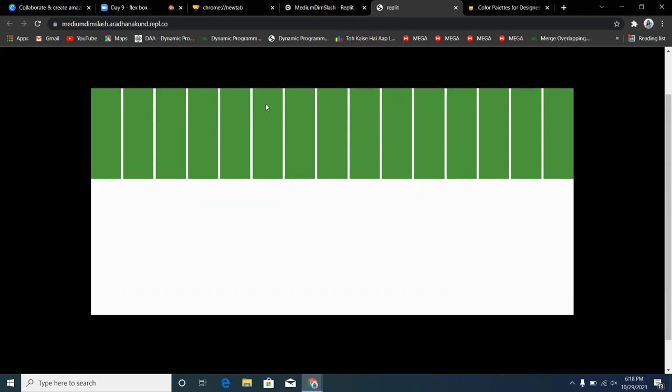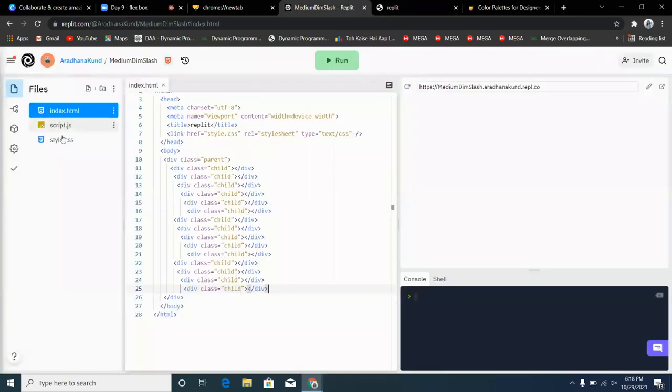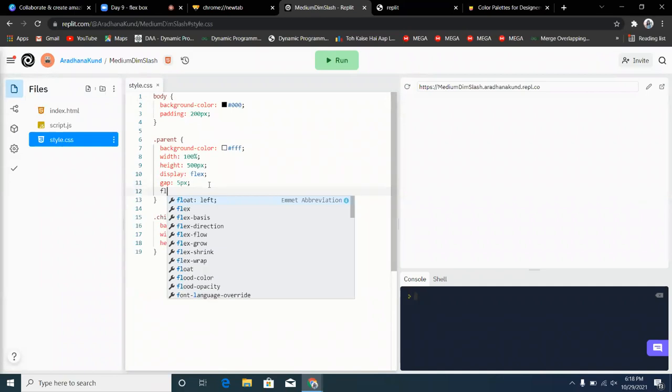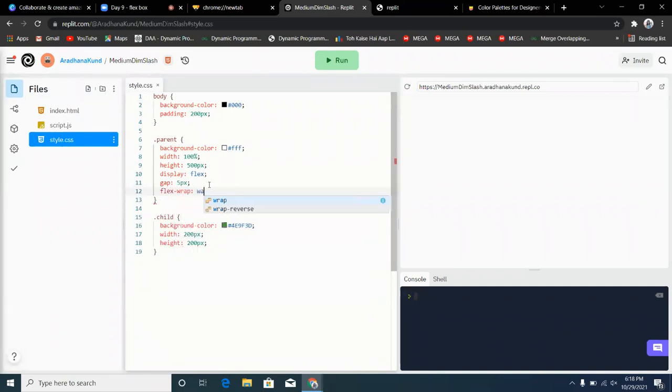But if you want that they should not do this, because you have provided certain width and height and they should follow that norm, then you can go to styles.css, and inside the parent only, you can write flex-wrap and then wrap.